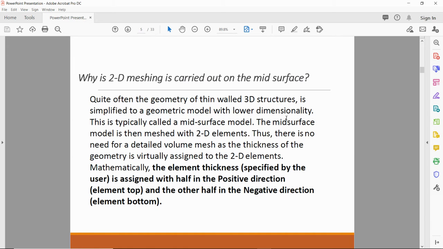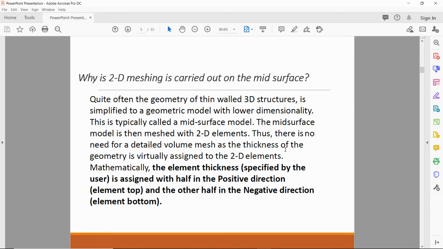We convert it to 2D by generating the mid surface of that body. This is typically called the mid surface model. The mid surface model is then meshed with 2D elements. Thus, there is no need for the detailed volume mesh which we did in 3D, so that will save our time and avoid computational errors.